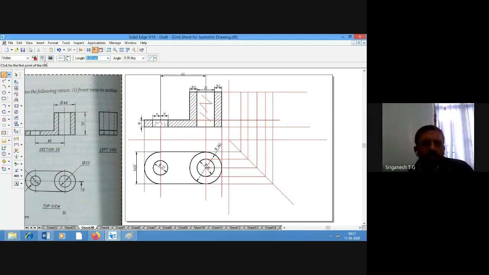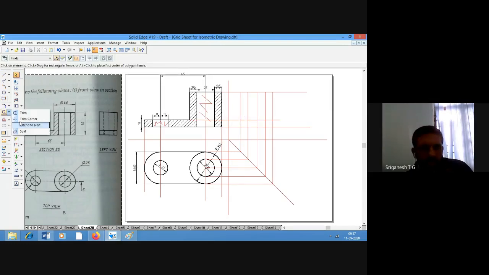Let me first finish this drawing so that it will be easy. It's going to be here. I need to split it. In the meantime, please start drawing.